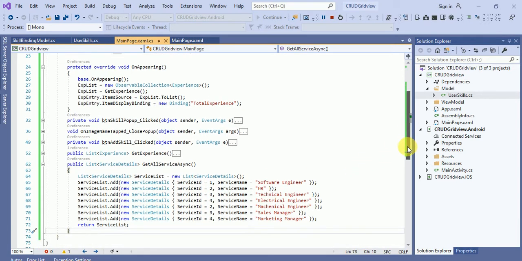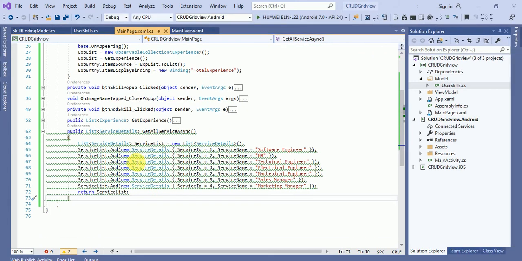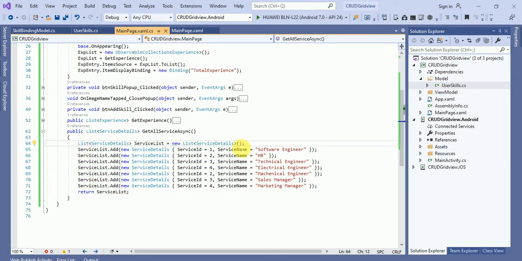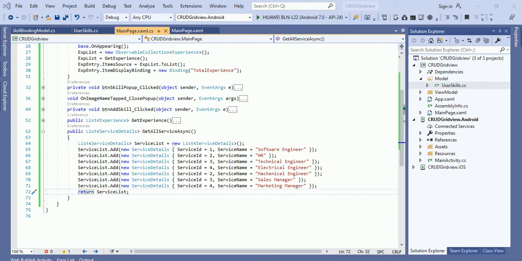In this you can see we have to stop the application. Here is the list of the services. Using this method we will bind our list. For that I will add an OnAppearing method.